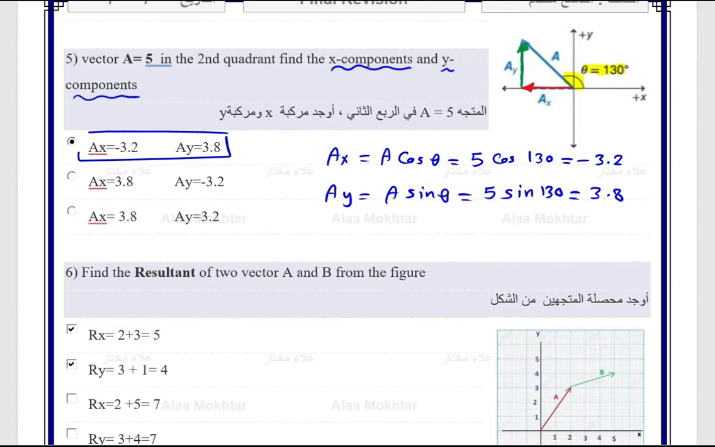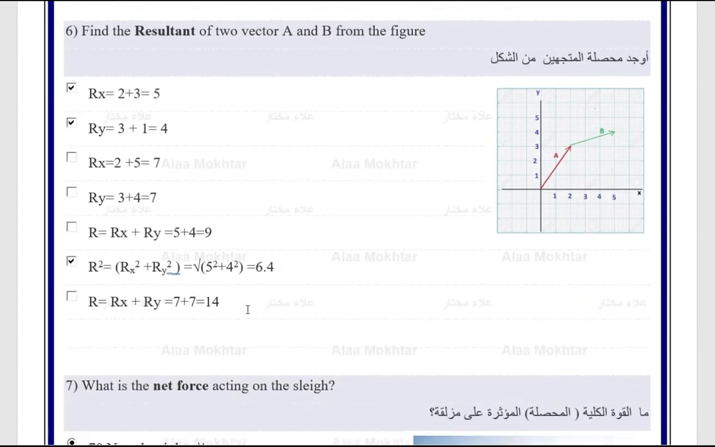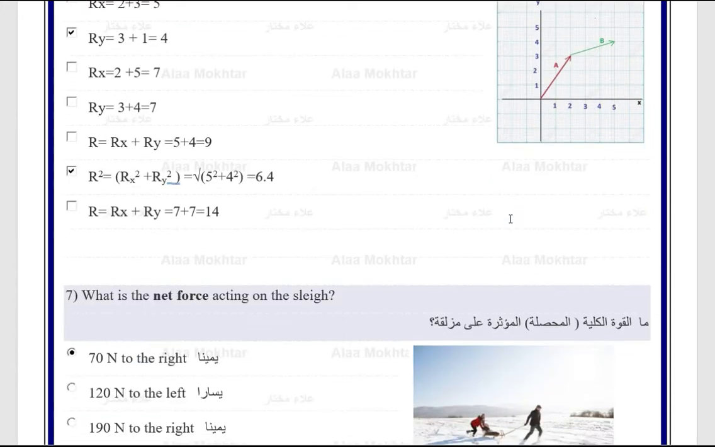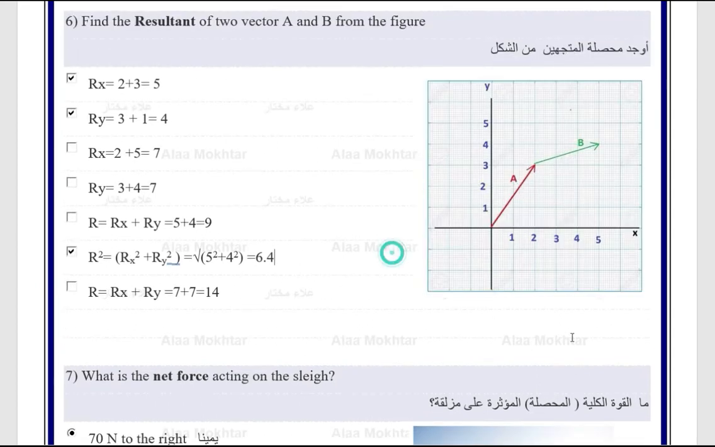Question number 6. Find the resultant of two vectors A and B. Look at this figure. This is vector A and the green one is vector B. Vector A, as you see... just a second, where is my mouse? This is my mouse, okay. As you see in the figure,